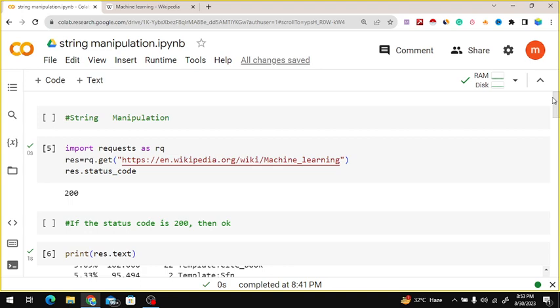Natural language processing is also part of artificial intelligence and machine learning, and you can say some statistics also.